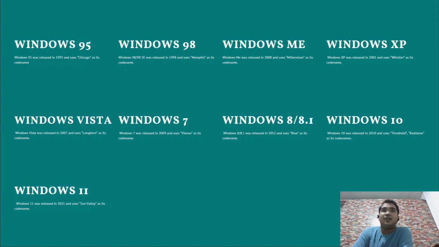For Windows 98, which was released in 1998, it uses Memphis, both of which are cities in America. For Windows ME, when it was released in 2000, it uses the word Millennium, which is 2000s. Windows XP was released in 2001 and uses the word Whistler as its codename. Windows Vista was released in 2007 and uses Longhorn as its codename. Windows 7 was released in 2009 and uses